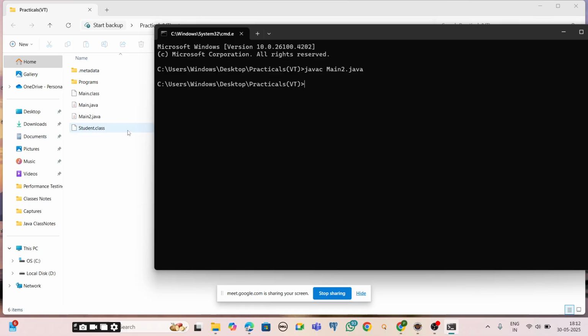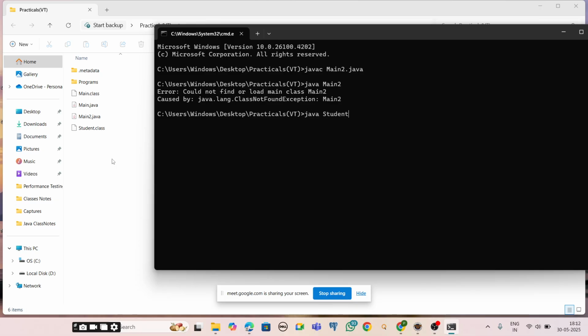In order to execute this class file, let me write the interpretation command java. Normally we used to write main2, right? Let's check whether it will execute or not. See, it is giving an error. Let me try with the Student name. So java Student. See, I got my output, right?